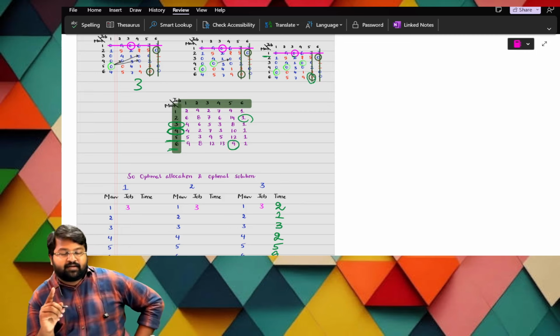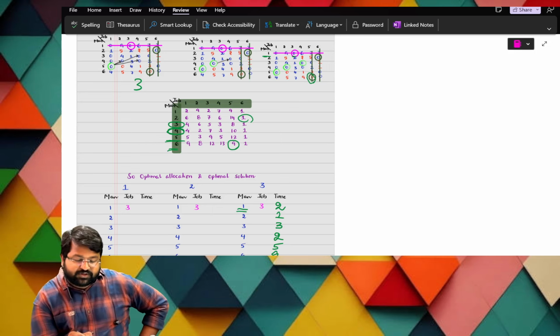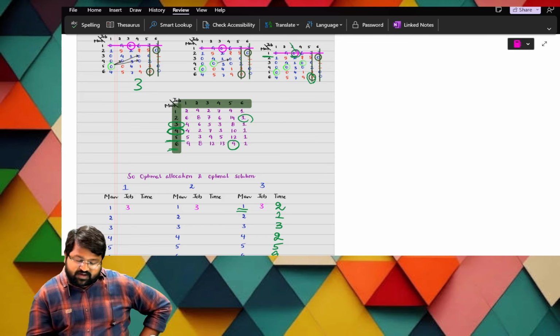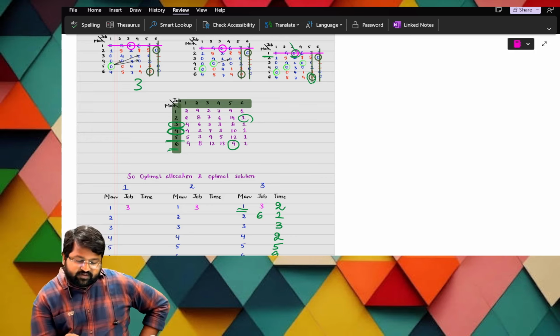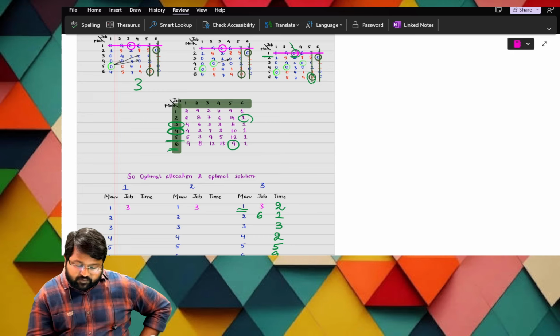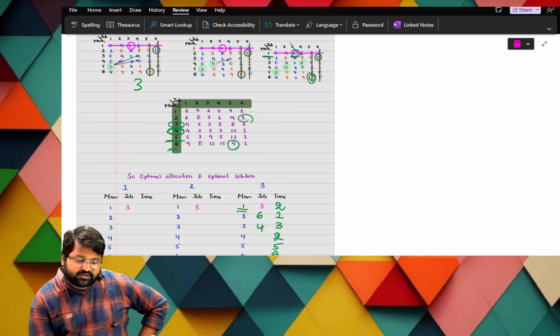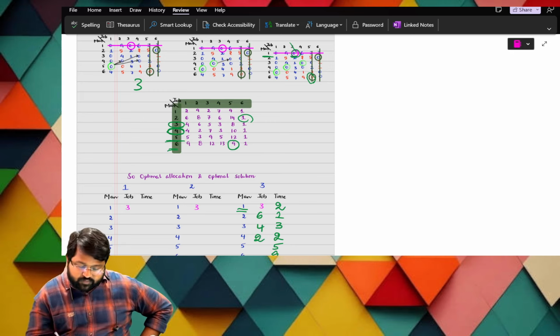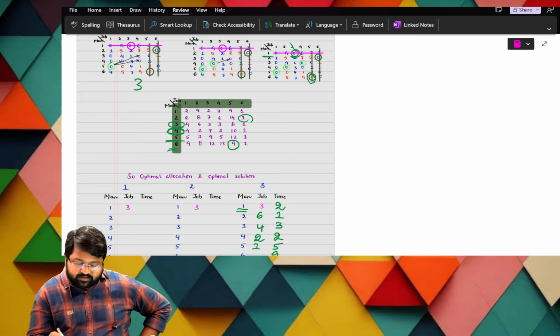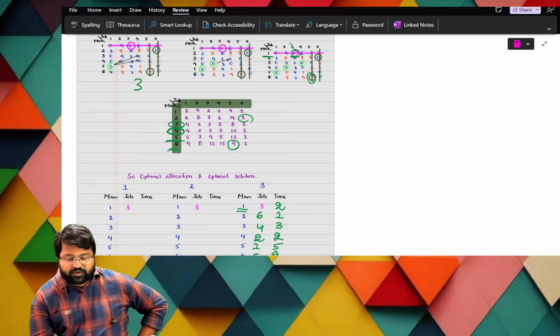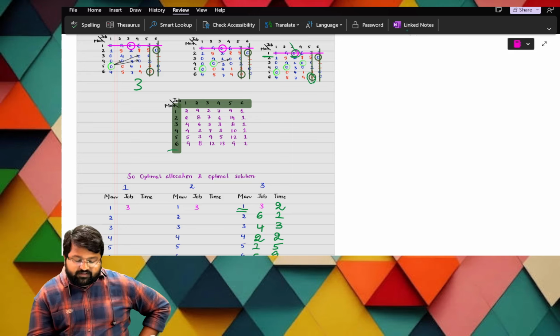Okay, I am repeating again. So for men 1 in our solution 3, what is the allocation? What is circled here? 3. So for 1, it is 3. For 2, what is the job allocated, ma? The job allocated is 6. For 3, what is the job allocated, ma? It is 4. For 4, what is the job allocated, ma? It is 2. For 5, what is job allocated, ma? Job number 1 has been allocated. For 6, what is job allocated, ma? It is 5. So in the question, I have written this part now.